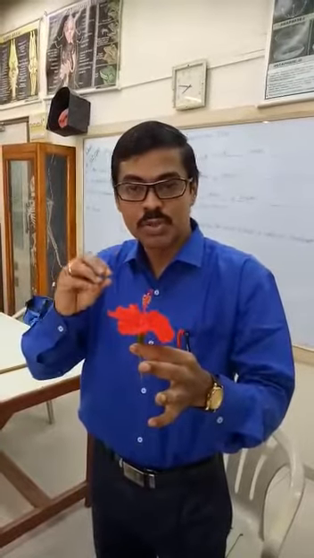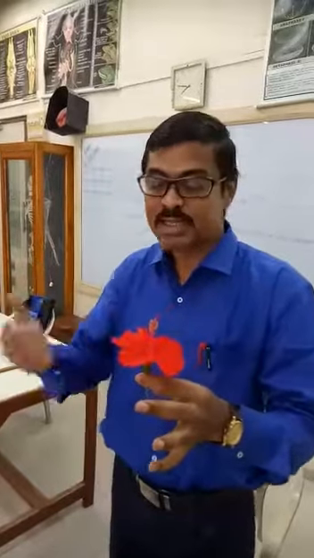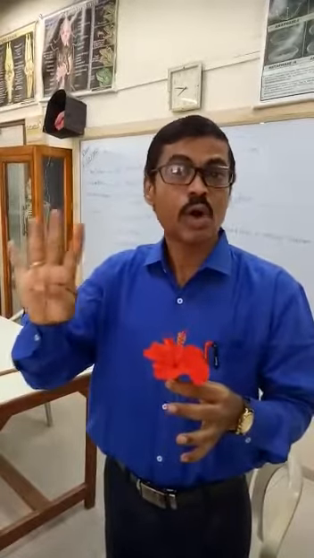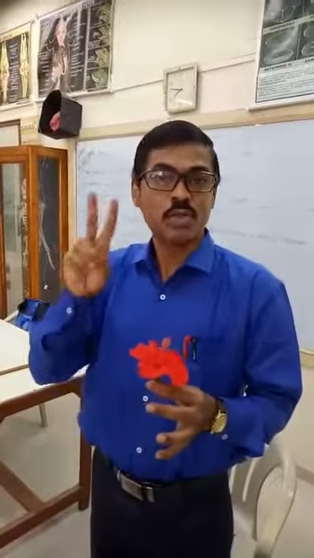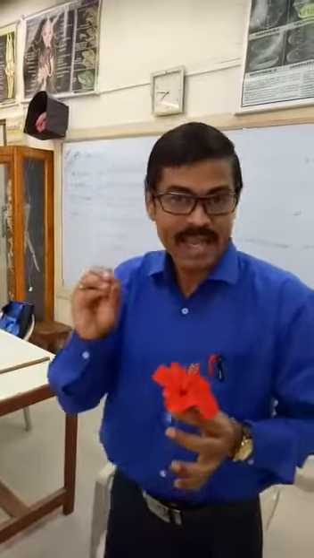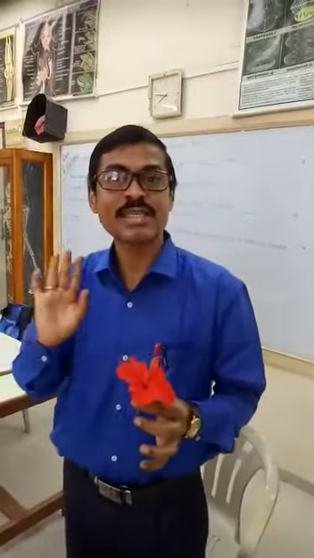Okay. Now here firstly the flower can be divided into four parts. Again, as I always tell, we should know the different parts, the labeling, etc. So it becomes easier to understand the further dissection of the different parts. Now here there are four main parts, two essential and two non-essential parts. The essential parts are the androecium and the gynoecium. Androecium the male part, gynoecium the female part. Whereas the two non-essential or accessory parts are the calyx and corolla. Calyx, which are the sepals, corolla, which are the petals.